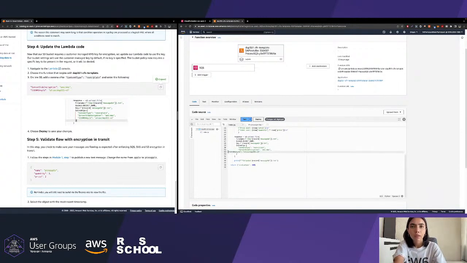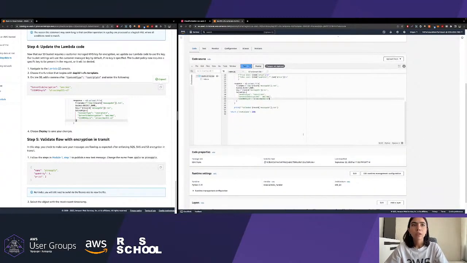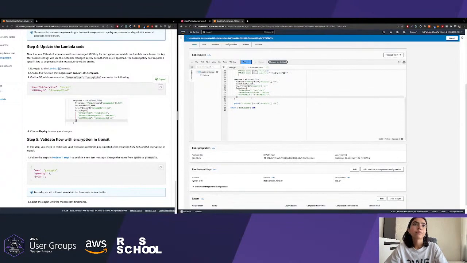So we are adding these statements that our S3 is waiting from the Lambda function. In order to save these changes, we should deploy our function code. So it is successfully updated.